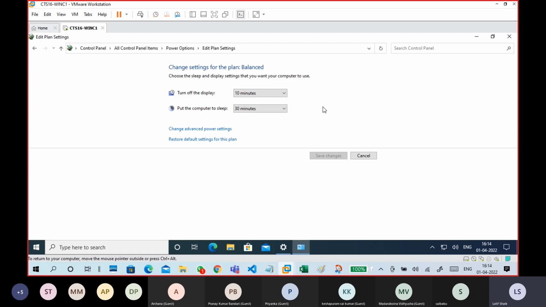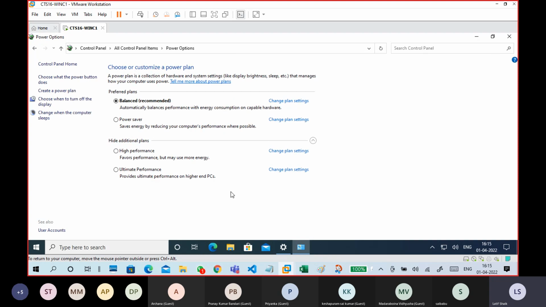Means you are not doing anything, just you went for lunch and came back after 40 minutes, the system already went to sleep mode. What is the purpose of that? If you are running on a battery, to save your battery life, it turns off the display or screen and puts the system into sleep mode.